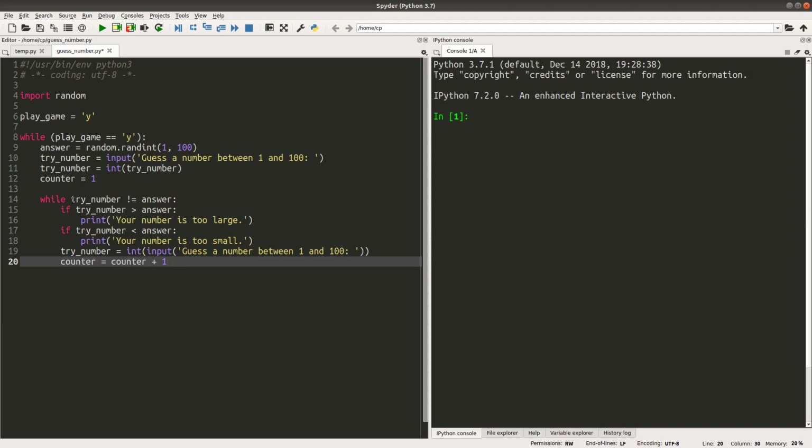Since the user input is not equal to the computer value, more trials are needed. So the counter would be added by 1 to increment the value stored in the counter variable. We will explain the effect of the counter a bit later.